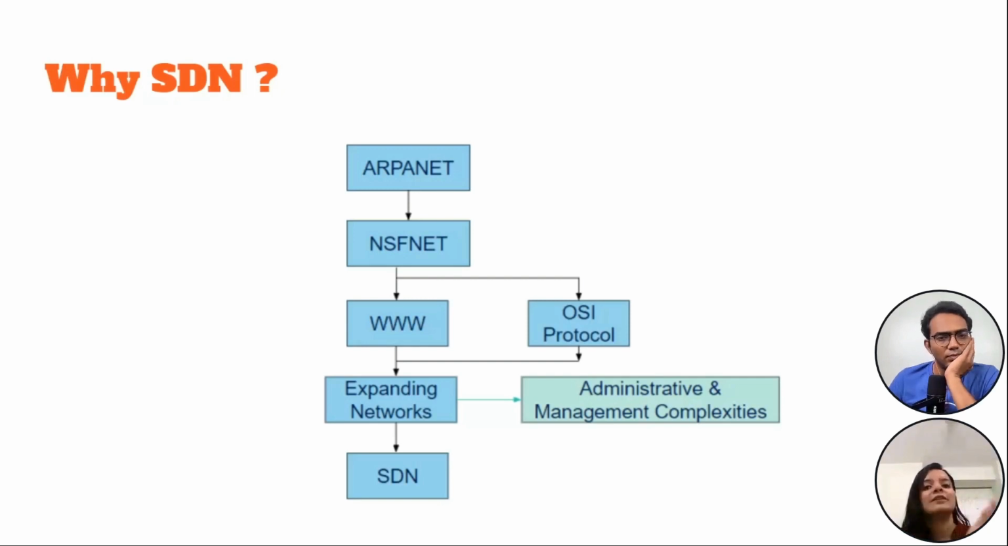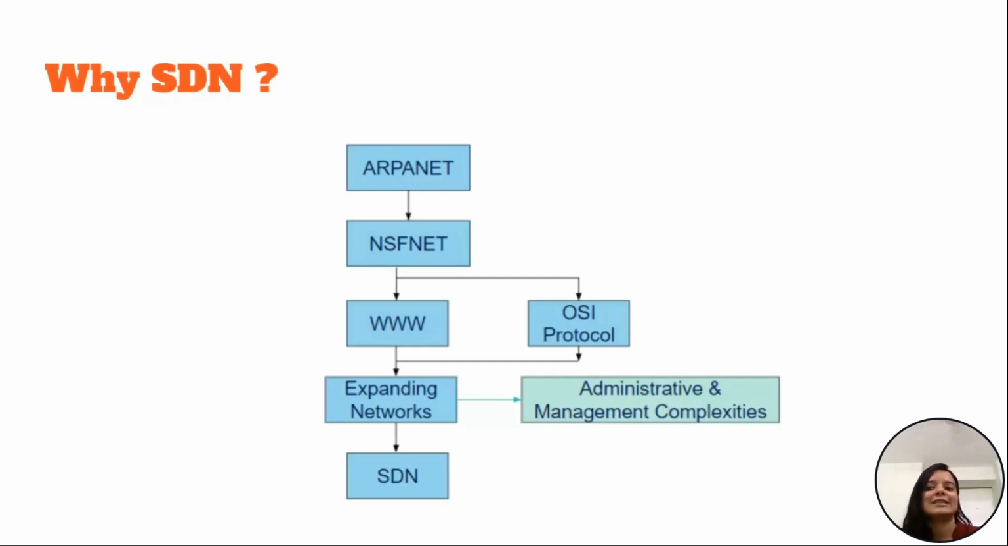This was made publicly available to the users, and they changed the ARPANET into the NSFNet, that is National Science Foundation Network, or the NSFNet. After that came a significant change to the internet architecture, which made it more popular among the community. And that was the introduction of the WWW, or the World Wide Web, and the OSI protocol, or let's